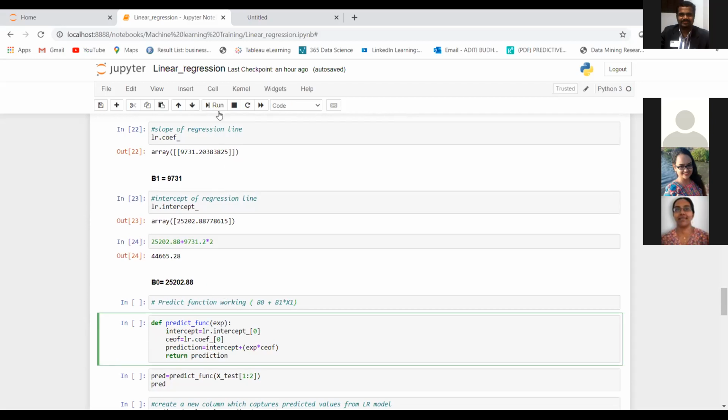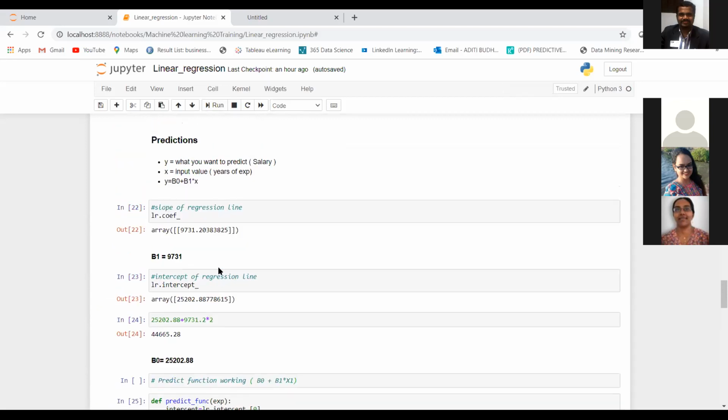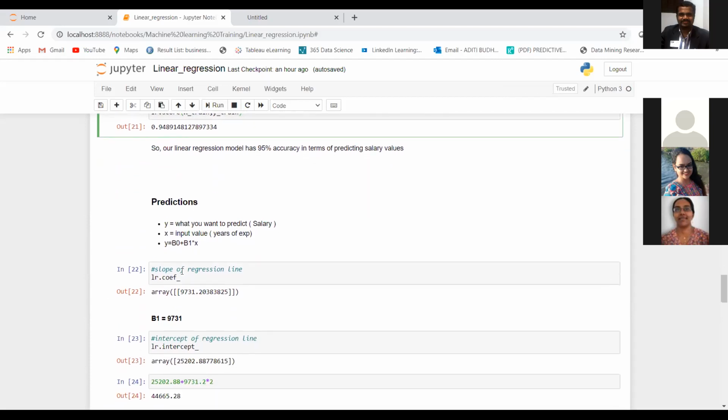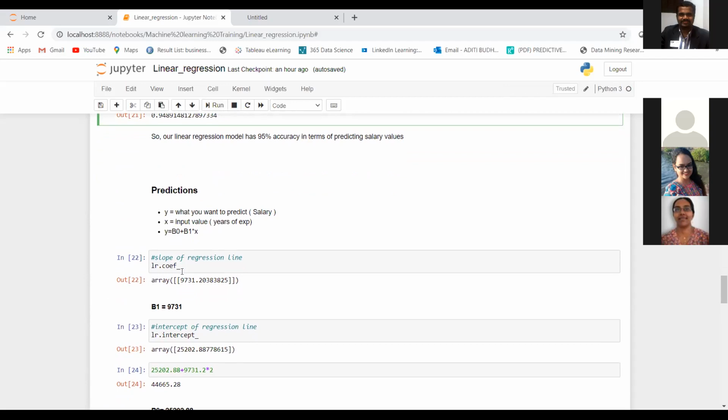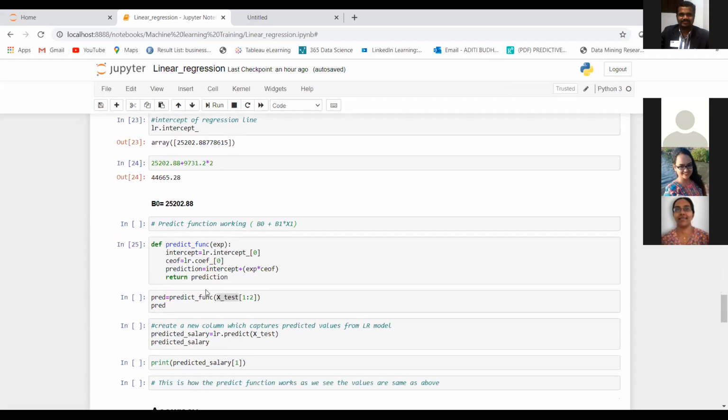Okay, so I will create this function and now I'm using my X test. I'm just demonstrating this to you. You did not do this. Actually, our model and everything has been created over here only. This is the end of the model. But in order to understand how our model is working, I'm demonstrating this to you over here.